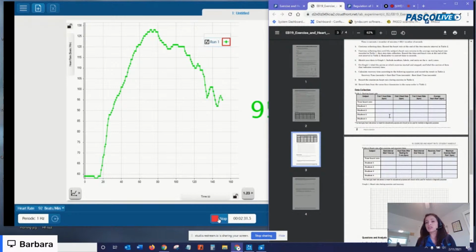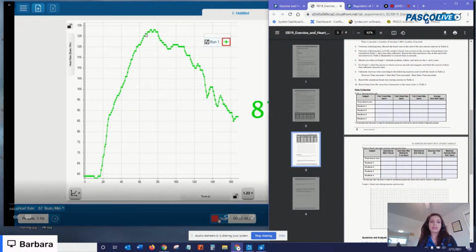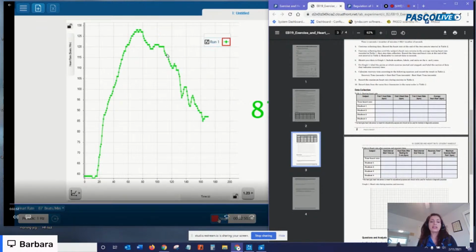Also, collecting multiple students' data so that you can make a comparison and then later on talk about variation within a population. So then in part 2 of the experiment, that's where the exercise part starts. The students run in place for 3 minutes and they find their recovery time, where they subtract the time when they stopped exercising from however long it took for them to recover back to their initial heart rate. And so you can see in my video there, this is about where I stopped, where